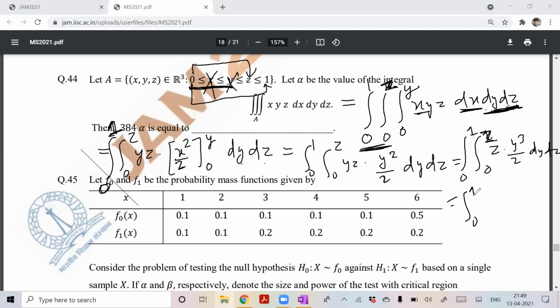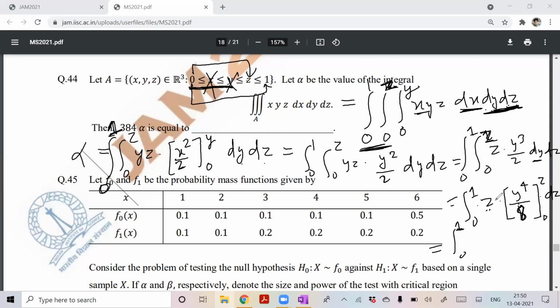Okay, now 0 to 1, z as it is, integration of y cube with respect to y is y4 upon 4, and 2 is already there. So 4 twos are 8. So let's write 8. And the limit is 0 to z now, dz. Okay, now 0 to 1. I'm actually finding alpha. So you will put the limit, upper limit minus lower limit, it will come z4 upon 8. And one z is already here, so it will be z5.